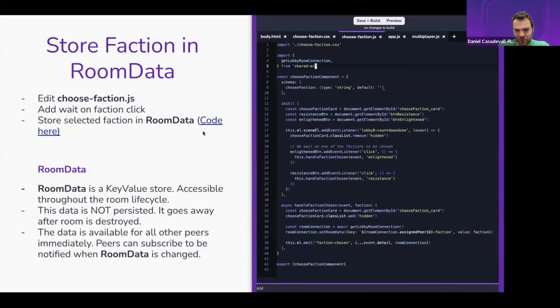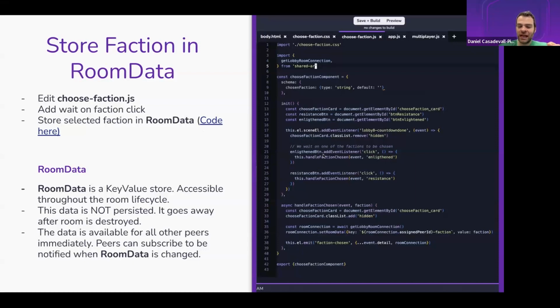This is a bit different than peer messages. I want to make that clear, and I'm sure there are going to be questions about that. I'm not going to go into details right now, but just know that this is a perfect use case for faction choosing. If you look at the code on the right or the code in the Gist link, rather than just waiting for countdown done and removing this UI, we are still going to remove the UI, but we're not going to, whoops, I messed up here.